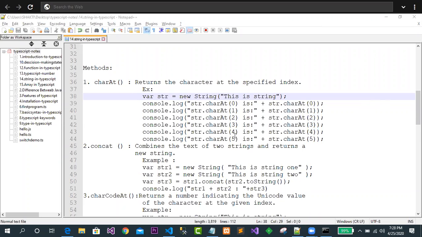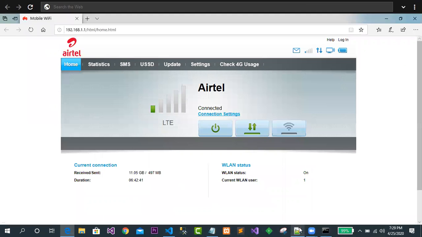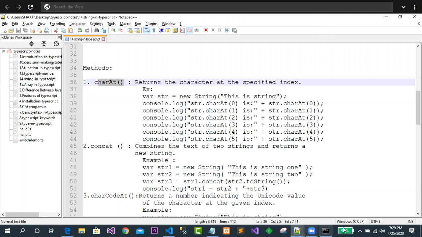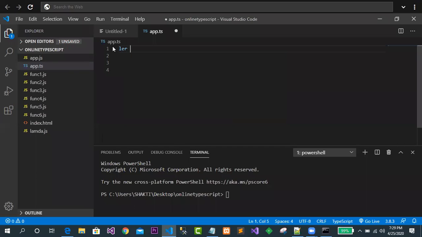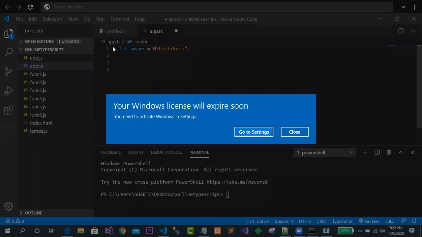So now we will try to understand caret. What is the meaning of caret? If you desire to get one character at a specific index, then I will use caret here. Clear? Just see what I will do. Let me write the program. Let me create a variable here, suppose sName, and I have written hello students. Or let me just give my name here.